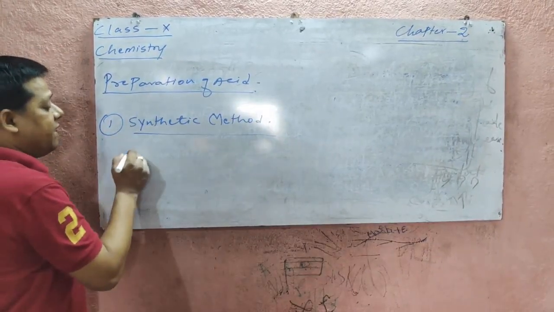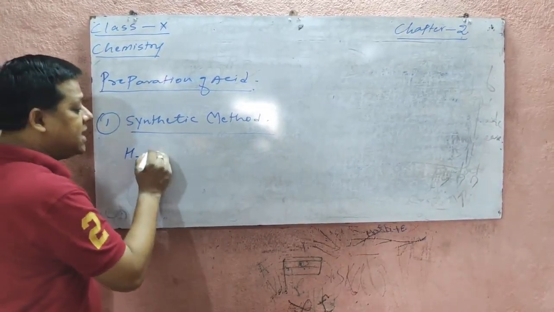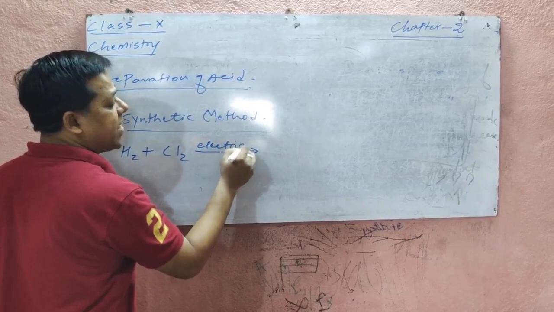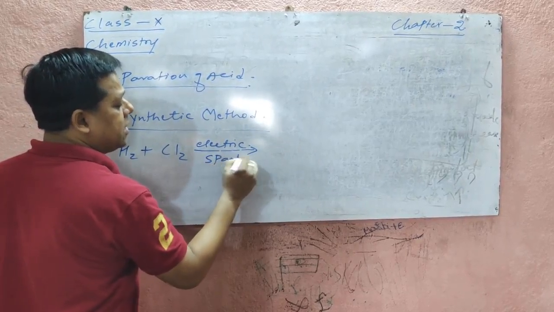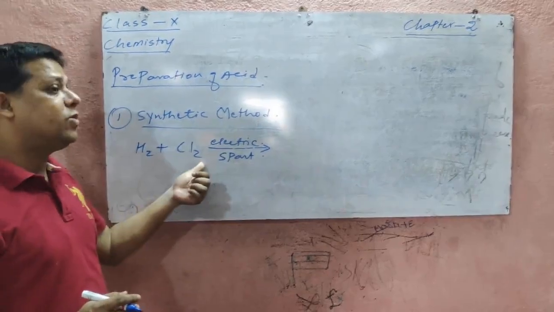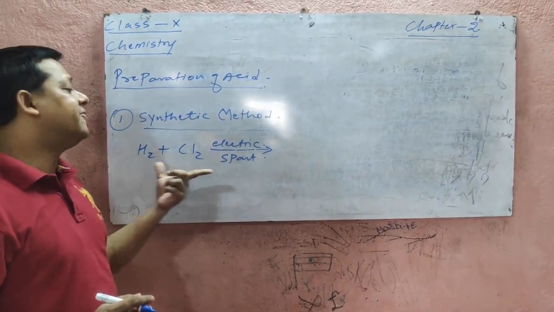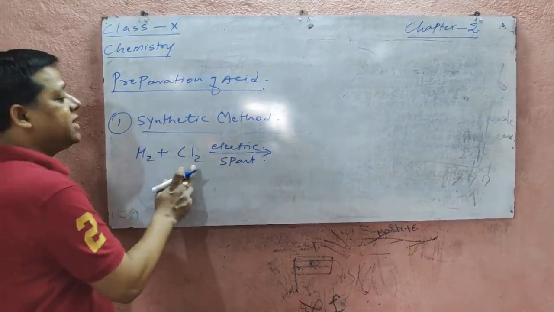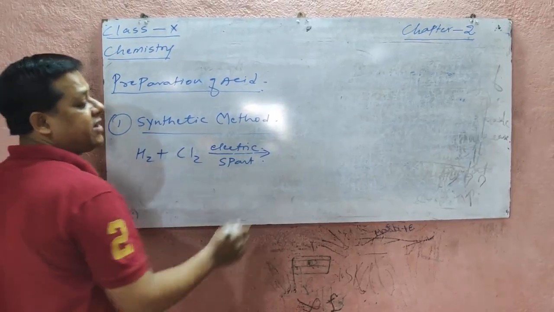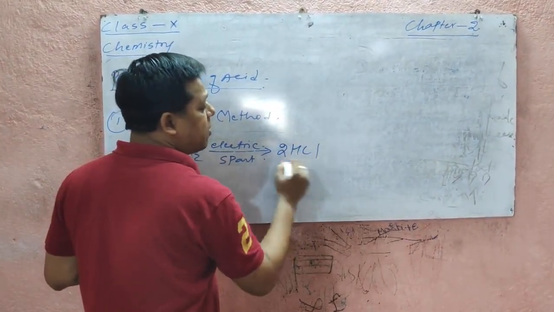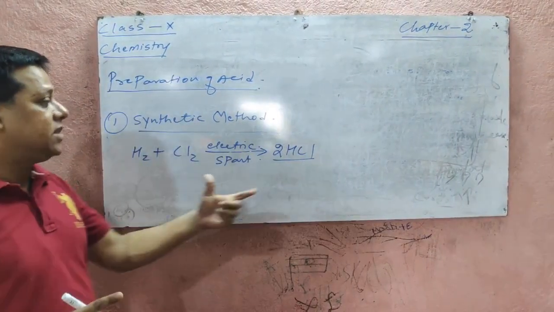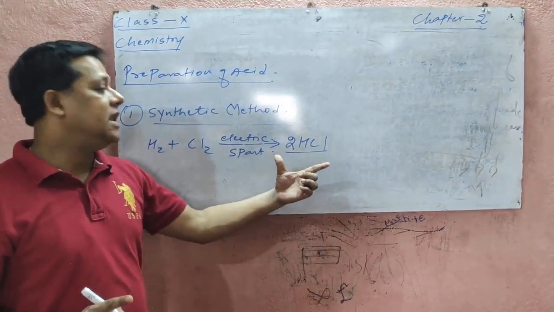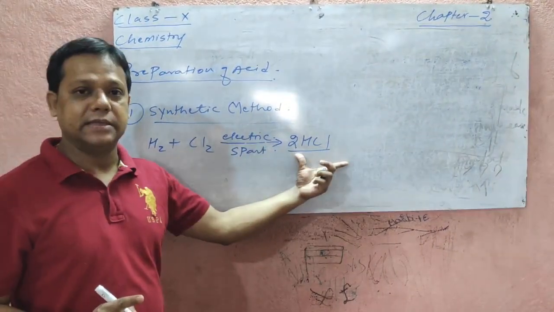So, for example, when hydrogen combines with chlorine in the presence of electric spark, here the external factor is electric spark. So, here we are seeing that hydrogen and chlorine are combining directly, and the factor present to combine hydrogen and chlorine is the electric spark. When hydrogen and chlorine combine in the presence of electric spark, then hydrochloric acid is formed in the form of gas. Further, when this hydrogen chloride gas combines with water, it gives the liquid form of acid, hydrochloric acid.